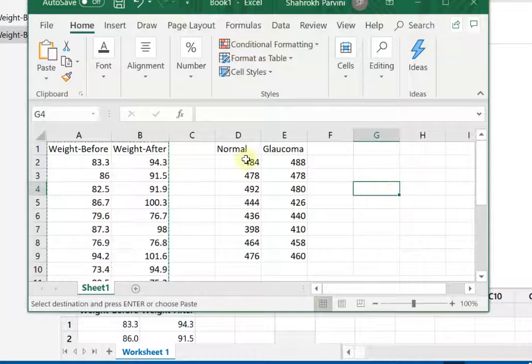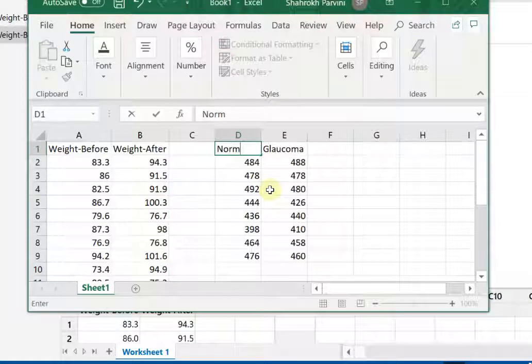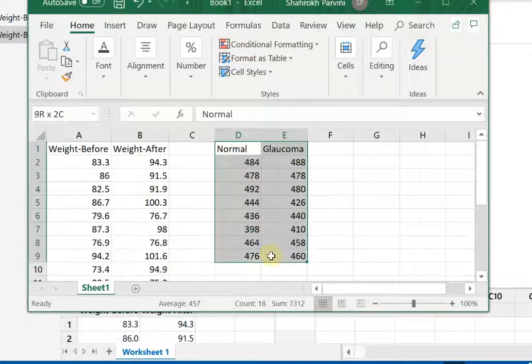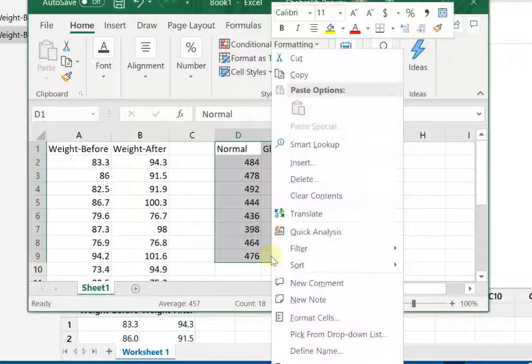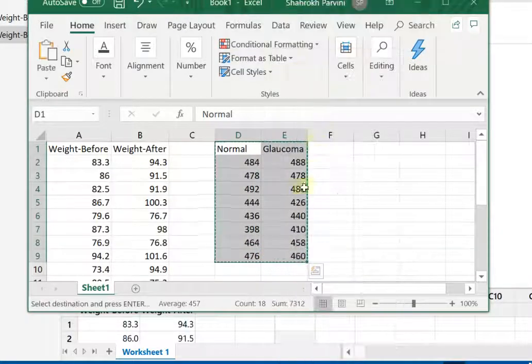So in Excel, as you can see, you can just type these in. You can just type, let me do it again, normal, and then input these numbers. Luckily, there's not that many data points. I didn't have to do this. Didn't take too long at all. So here's how you bring the data in. Now I'm just gonna highlight, right click, you can copy or do Control C. So I'm gonna copy this.